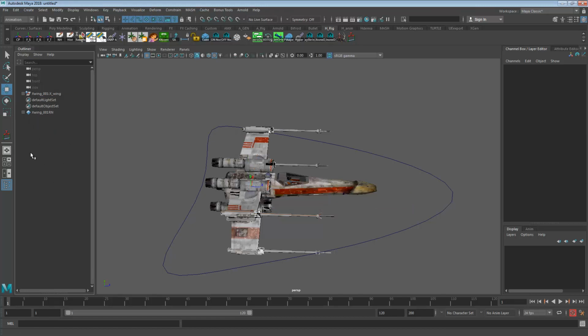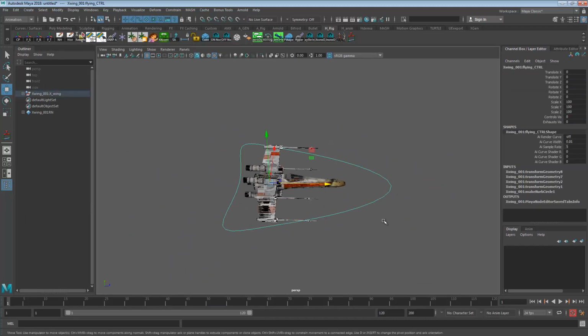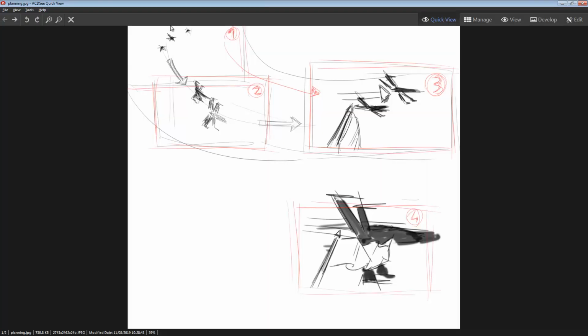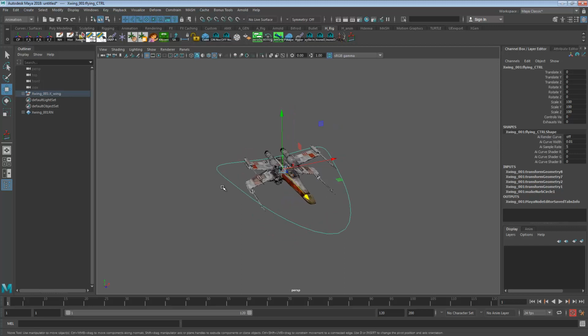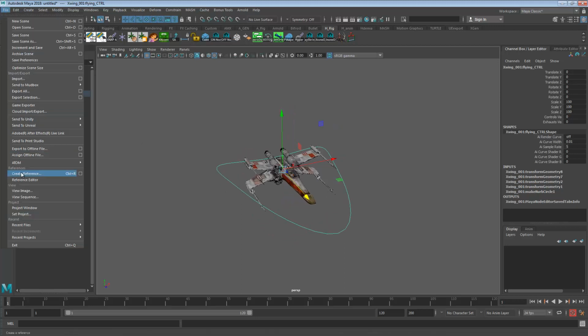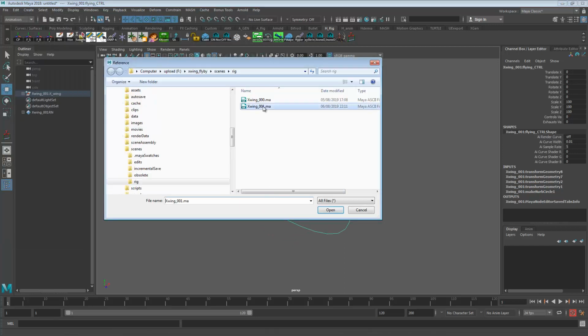If you don't see this box here called the outliner, which contains the list of all the objects in the scene, you have to press this button on the toolbox here at the bottom, and that toggles its visibility. So that's one X-Wing. I checked my planning and it seems like we need 3 of them, and I know that 2 of them will be in formation. So what I will do is I will need another X-Wing, and I will go File, Create Reference, and grab